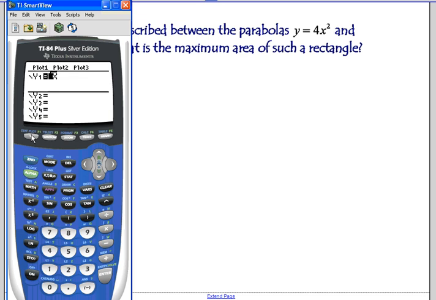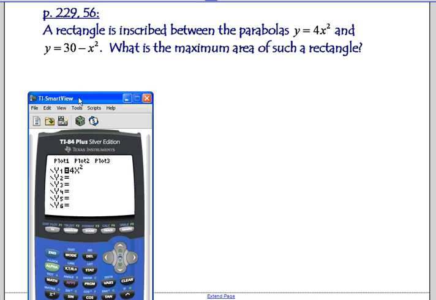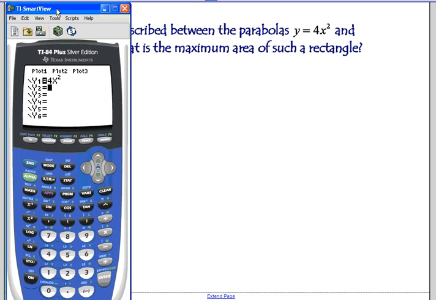So we'll start with y equals 4x squared. That's one graph. That looks good. And our second graph is, let's see, what was that again? 30 minus x squared. Okay, let's think a little bit about our window here. We know y2 starts at 30, and we have to figure out where these are going to hit roughly. So 30 minus x squared is opening downward, 4x squared opens upward,